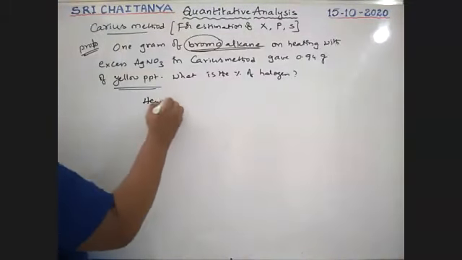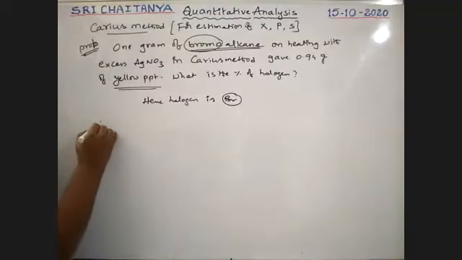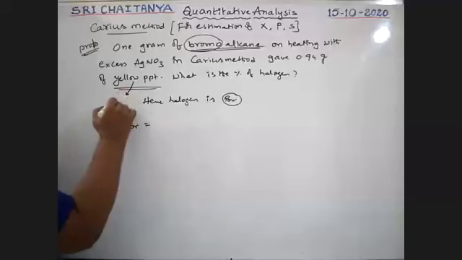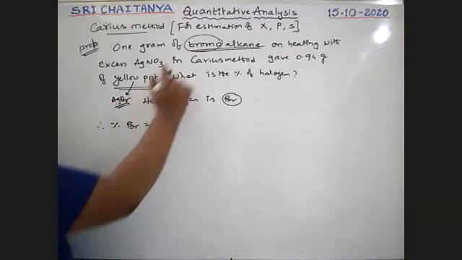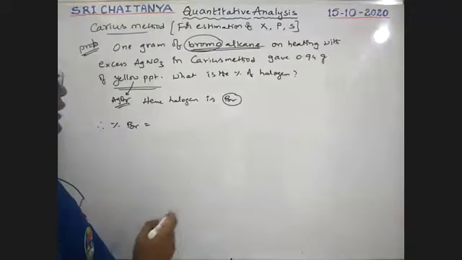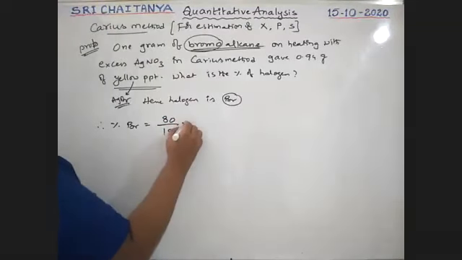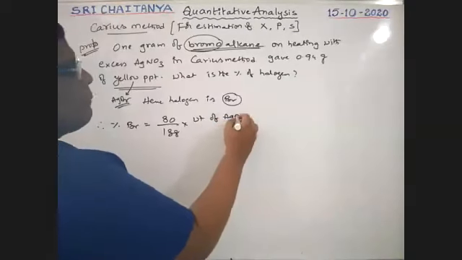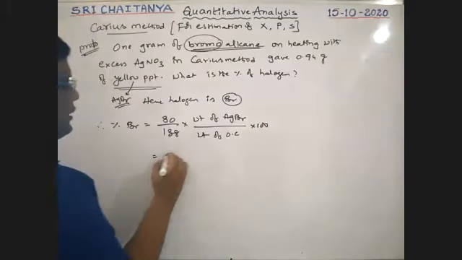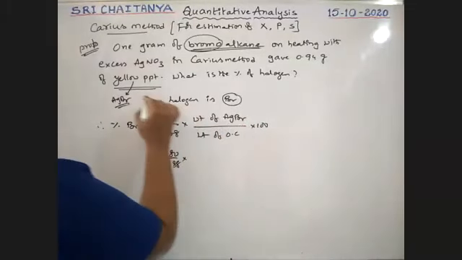Here, the halogen is bromine. Therefore, because it is a yellow precipitate, it is nothing but AgBr. Here, a bromoalkane is directly given, so no doubt the halogen must be bromine. Percentage of bromine is equal to, what is that formula? 80 by 188 into weight of AgBr by weight of organic compound into 100. That is 80 by 188 into weight of AgBr precipitate. What is the precipitate weight?